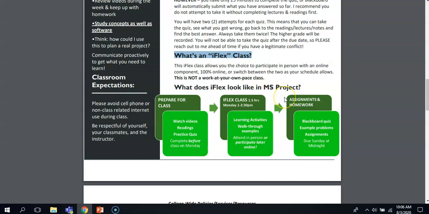Then we're going to have assignments and homework each week. That's going to include the Blackboard quiz, but also example problems from our textbook for you to do, and maybe some additional assignments that I've put together as well. All the assignments will be due Sunday night at midnight every week before the next iFlex class. So just keep in mind that you're going to have assignments from whatever we do on Monday,